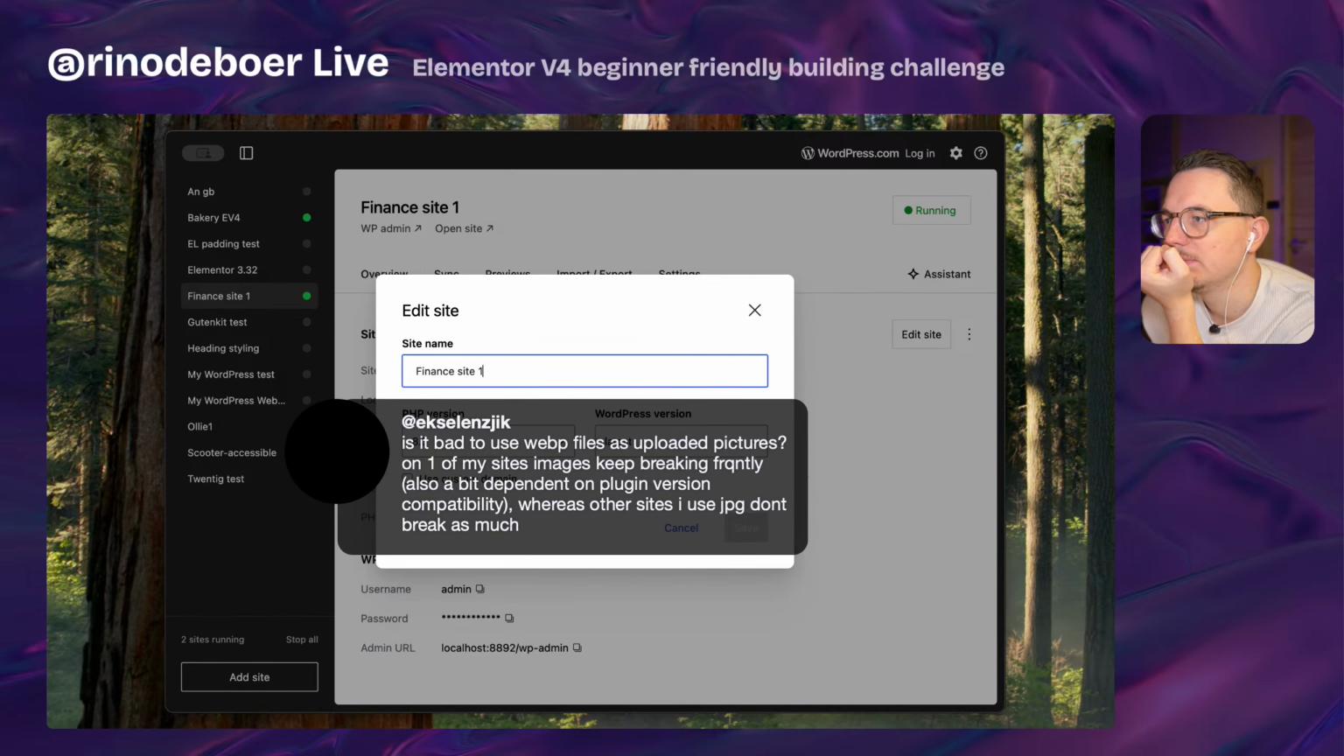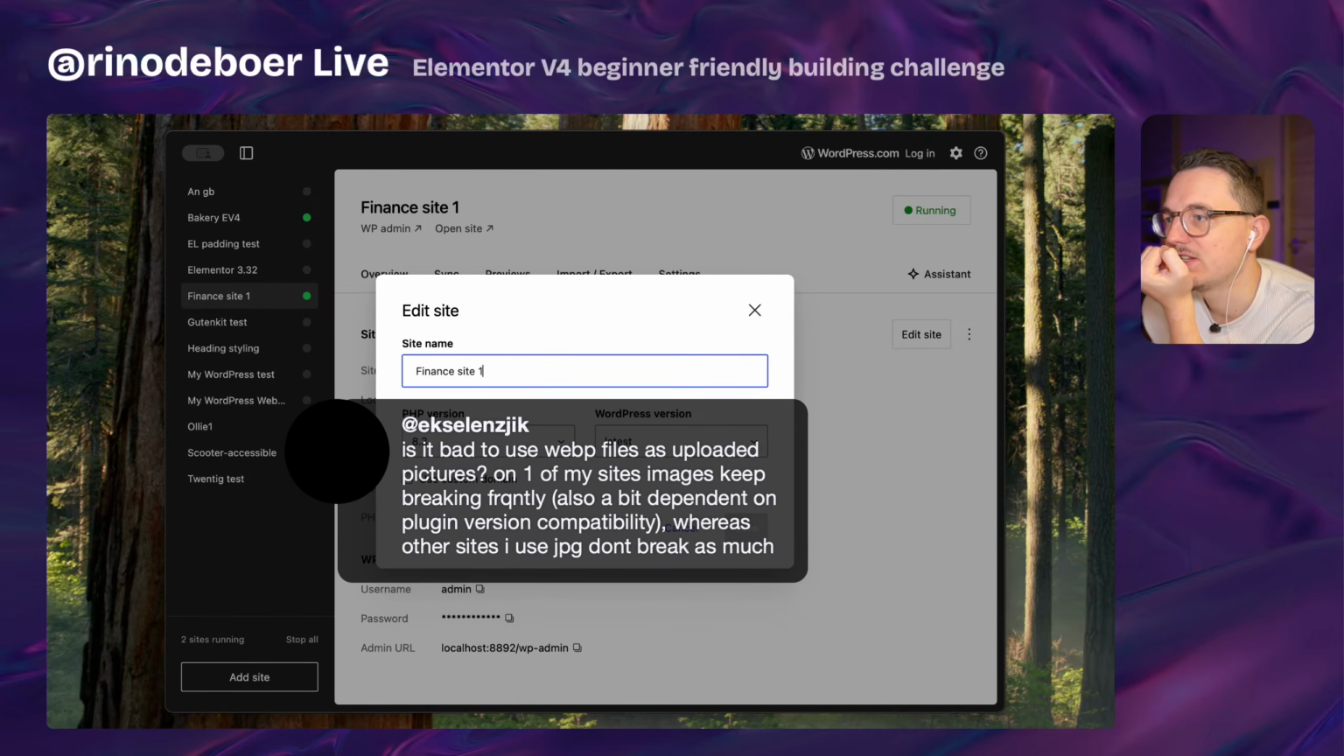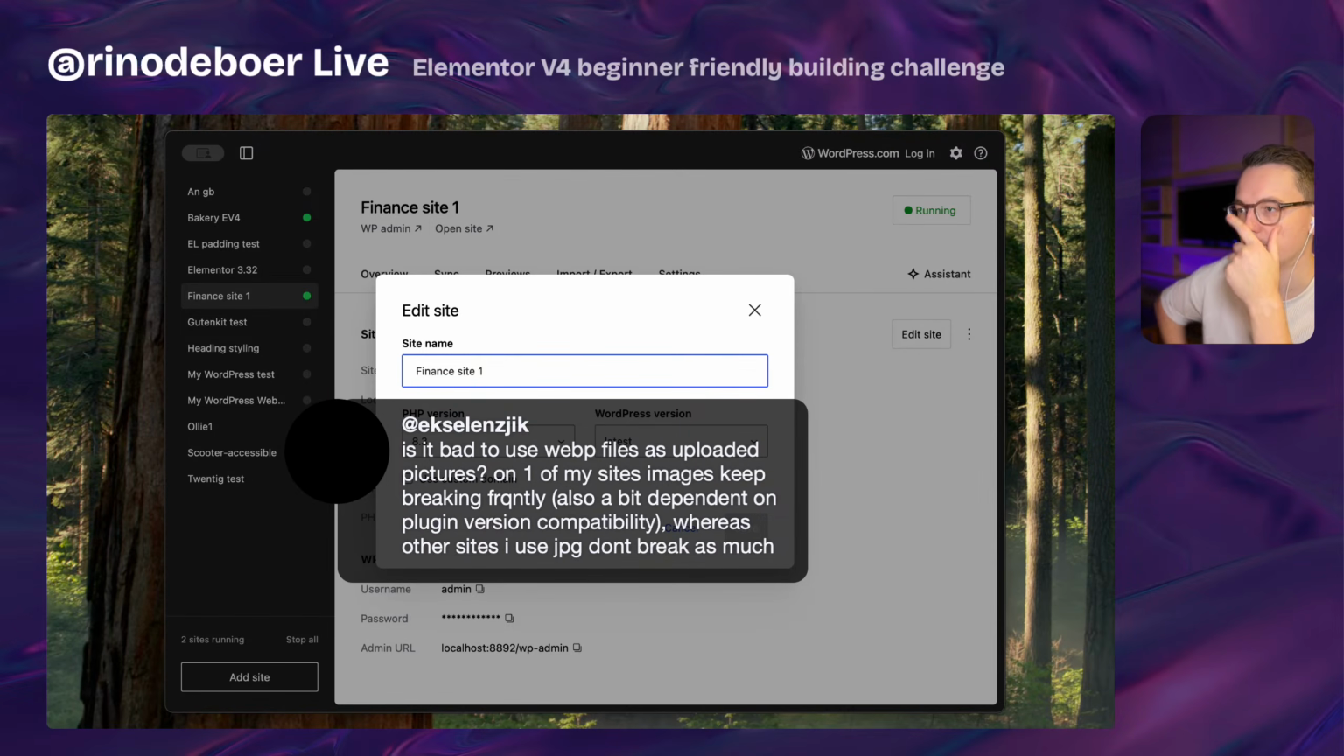Is it bad to use WebP images as uploaded pictures? On one of my websites, images keep breaking frequently. Also a bit dependent on plugin version compatibility, whereas other sites use JPEG. Oh, I don't know if WebP has